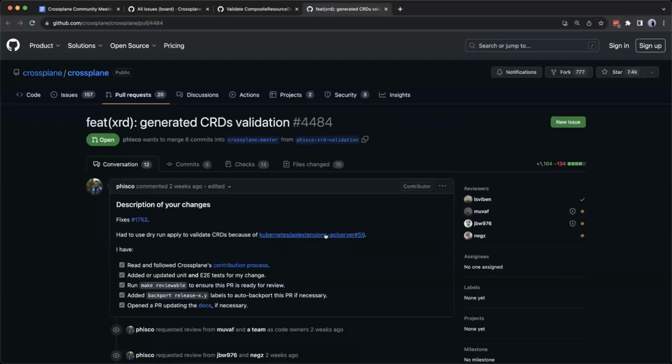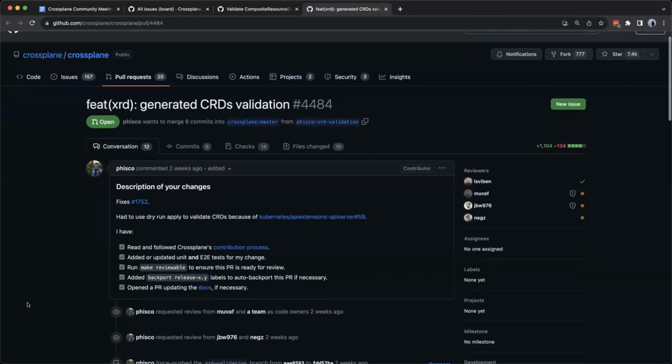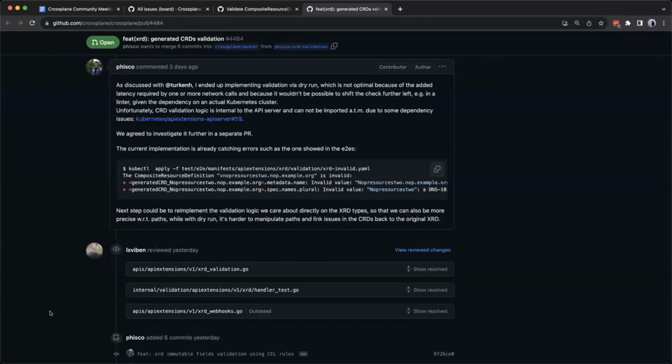The validation for custom resource definitions is kind of internal to the API server, so we cannot directly access it. It's actually available, but there are issues with dependencies and stuff, so we cannot import that. So I ended up using a dry run apply, which could be okay.